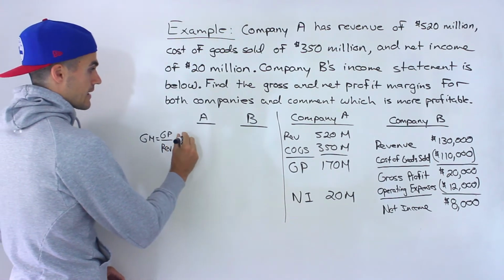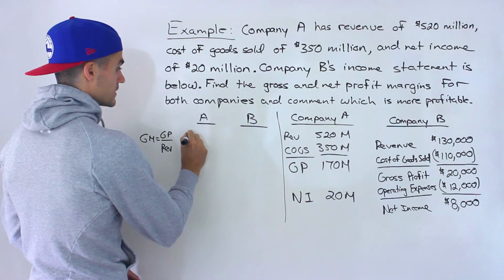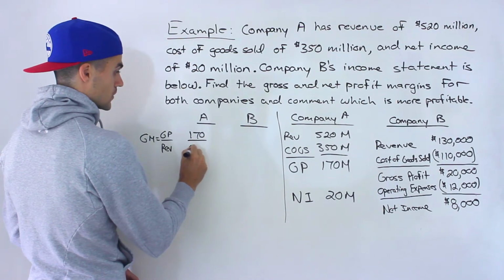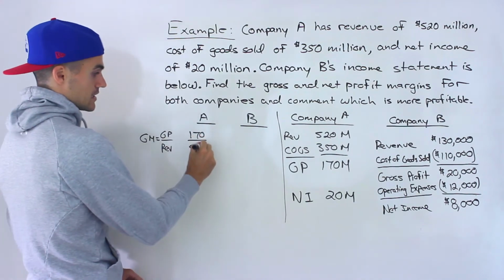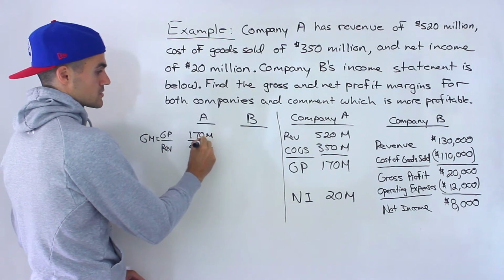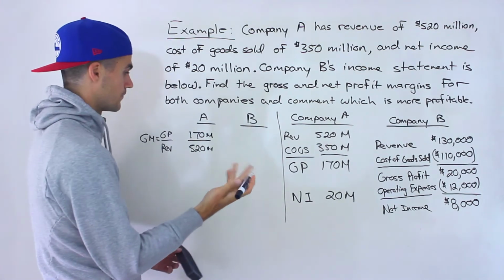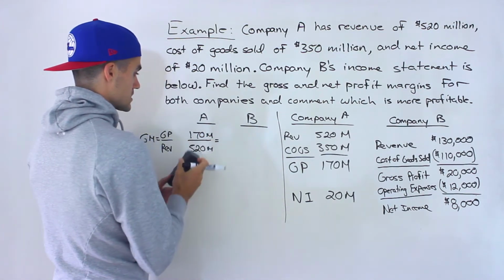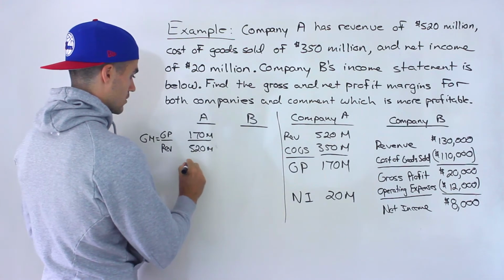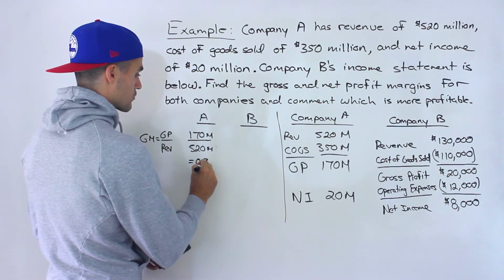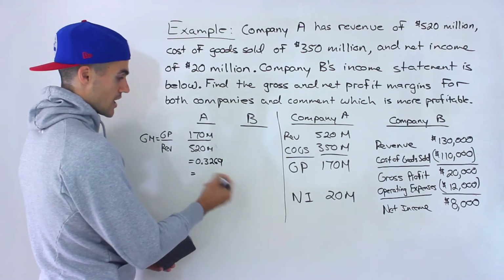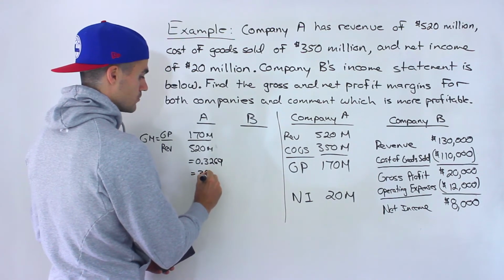So with company A, it's going to be 170 over 520. And this is going to be in millions, but the millions would just cancel out. Right? 170 million over 520 million would give us 0.3269, which if we convert to a percentage, multiply this by 100,